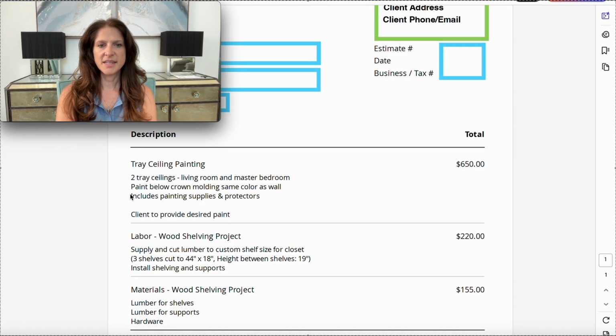So in this case, the client had some very specific instructions about how they wanted their tray ceiling to be painted with 2 different sheens of paint. And so we wanted to make sure that they knew that we heard them when they made those detailed instructions. And so we included that down here. Now in this particular estimate, we separated items by task. In this case, it's the tray ceiling painting here, and then a wood shelving project here. As you can see, we included some details about the dimensions of the project and what all we were going